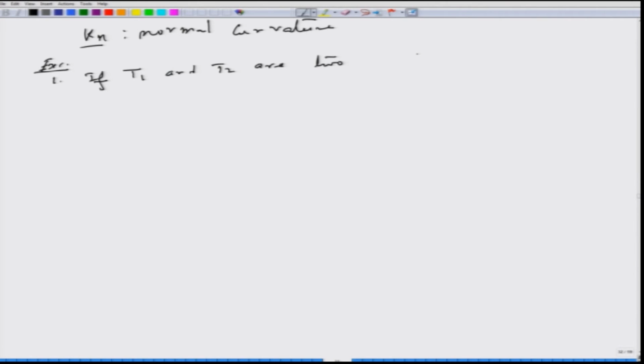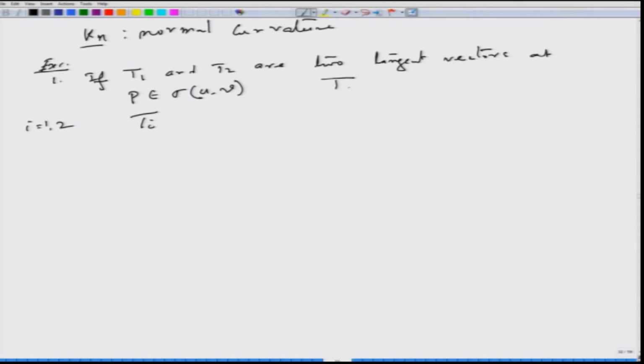If T1 and T2 are two tangent vectors at some point P on the surface, this means what? On the surface I have a curve passing through that point, and T1 and T2 are tangent vectors. We have defined what the tangent plane at a point of a surface is, right? Then of course, for Ti, i equal to 1, 2,